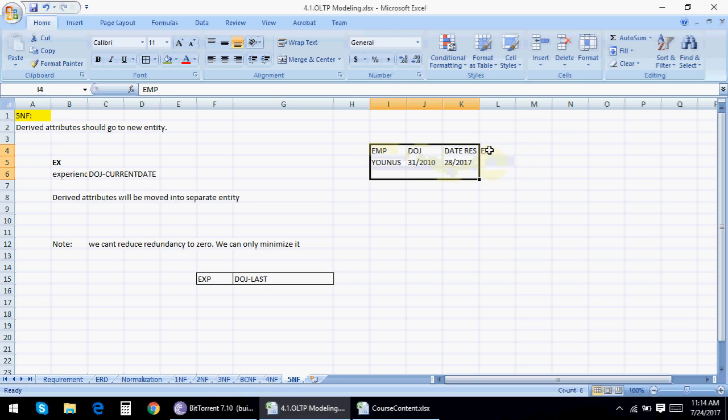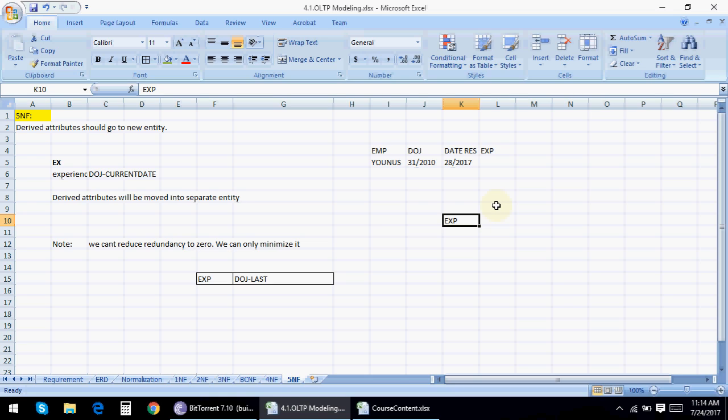It should go out of this table and have a separate table as experience. So this is what the fifth normal form states. A derived attribute should go to a new entity, and the new entity will be the experience table.